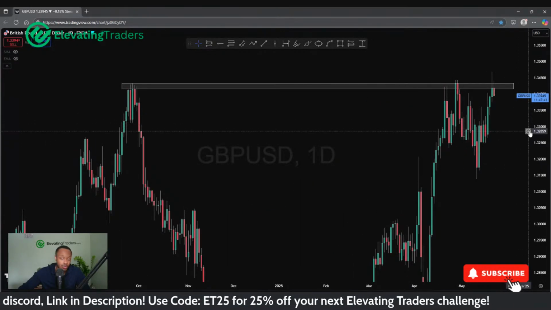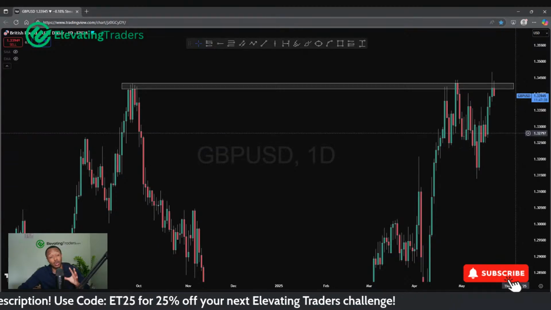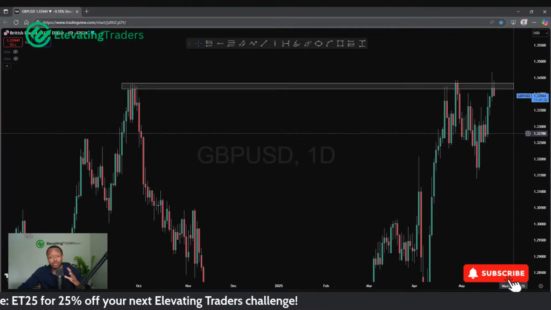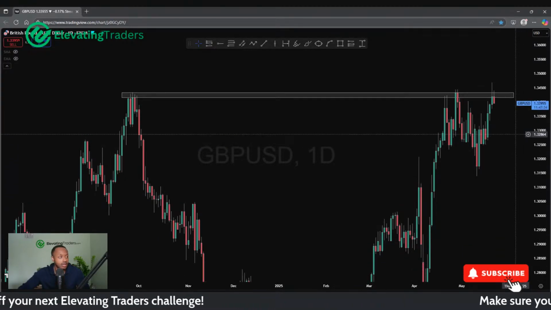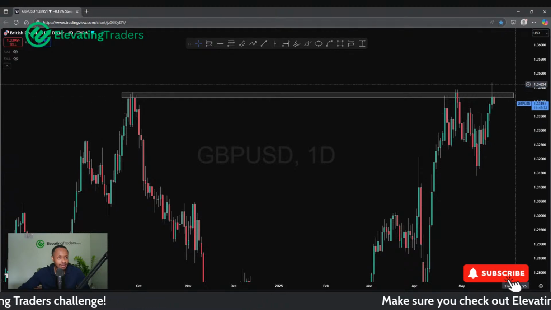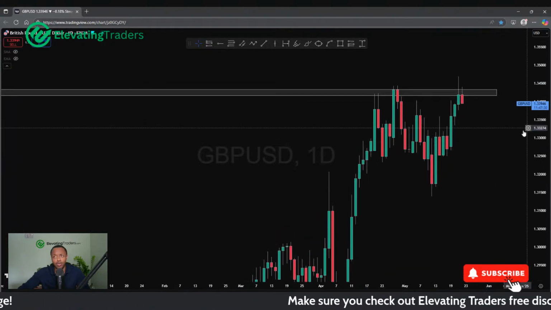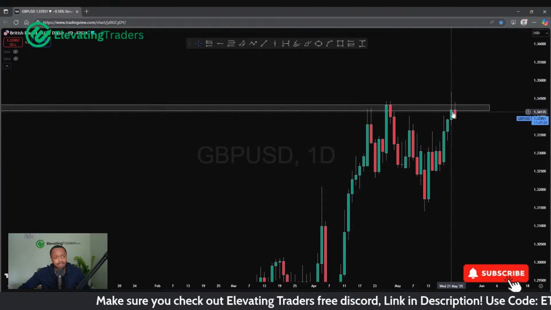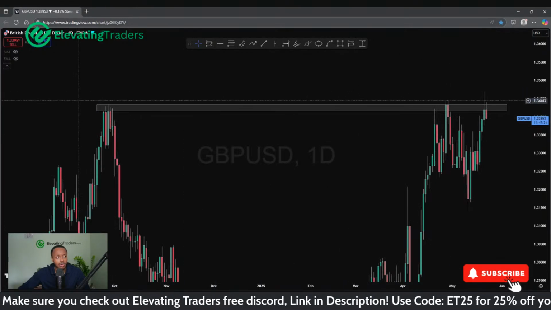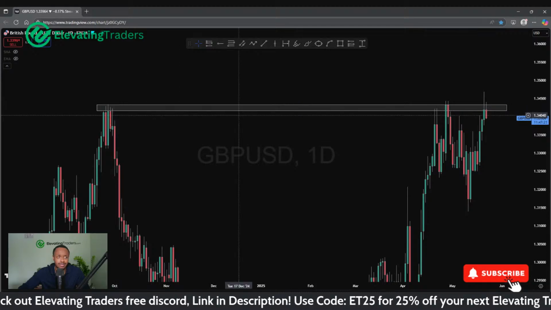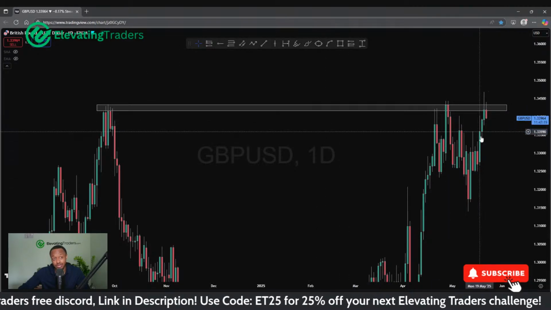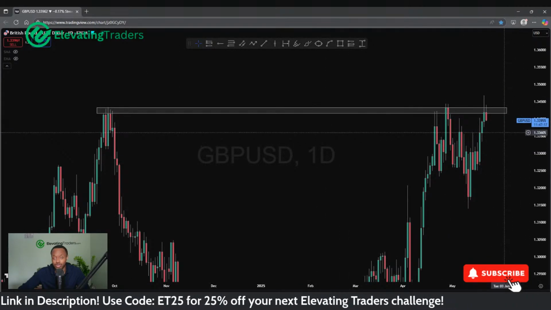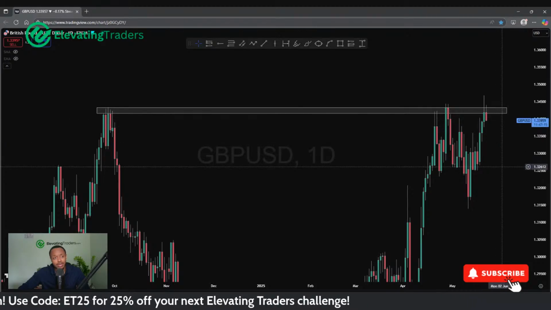Like I said, I do think USD weakness can come into the market, but do I want to take advantage of longs in pound? Absolutely not. I don't think we're in a really nice place for a buy. You can especially see that with yesterday's candle close. Big wick to the upside, market pullback, and close just underneath the level. So that is telling us that resistance here is still being respected, price is still struggling to break through, and we could be seeing a bit of a push down.